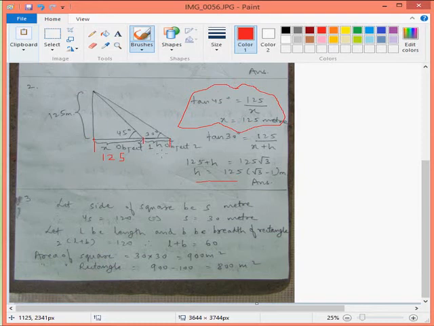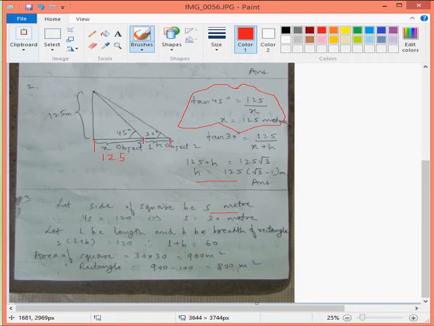We know that all the sides of a square are equal. So a square has 4 sides. Let the side of the square be s meters. Obviously 4 sides will measure 120 meters. It has been told that the perimeter of the square is 120 meters. So if one side is s meters, then the perimeter is s plus s plus s plus s, that is 4s. So 4s is equal to 120, then s will be equal to 30 meters.